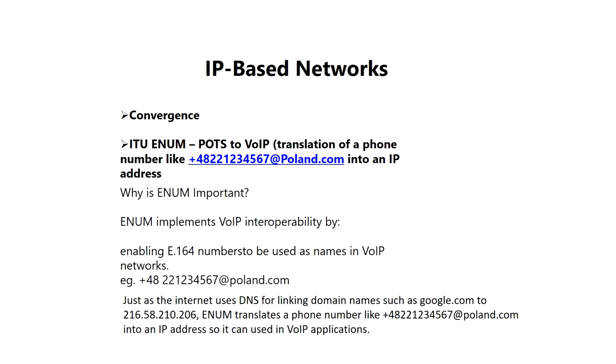Why is ENUM important? ENUM implements VoIP interoperability by enabling E.164 numbers to be used as names in VoIP networks. An example is the SIP address for a user located in Poland. Just as the internet uses DNS for linking domain names into IP addresses, ENUM translates SIP addresses into IP addresses, so it can be used in VoIP